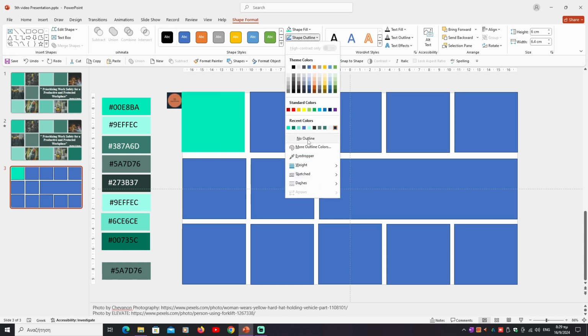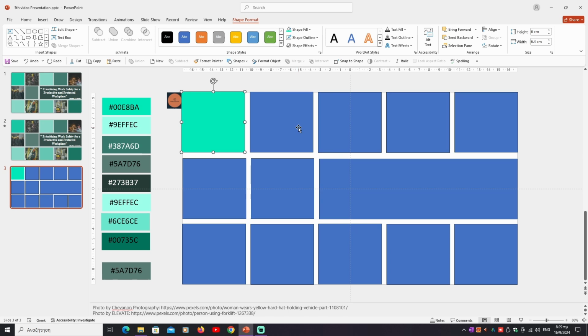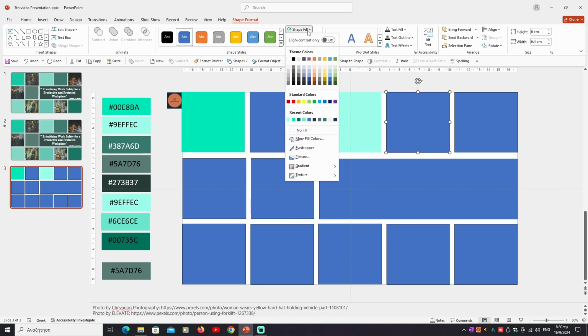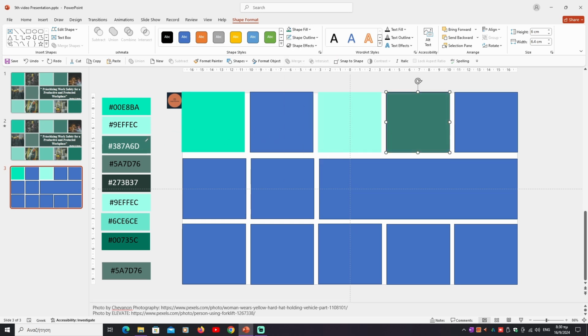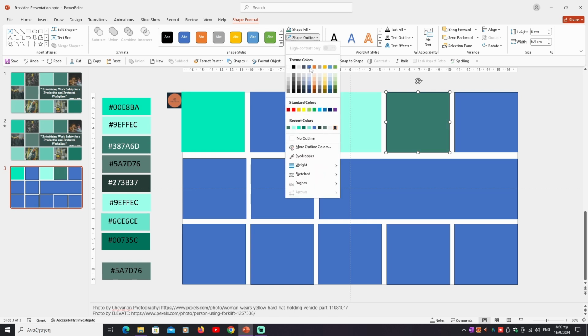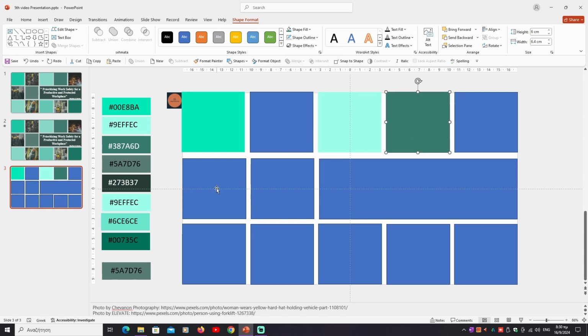Shape Outline, no outline. In the same way, we continue for the rest of the rectangles that we want to color. We go to the third rectangle, Shape Fill, Eyedropper, we choose the color that we want, Shape Outline, no outline. We go to the next rectangle, Shape Fill, Eyedropper, we choose the color that we want outside of the design area, Shape Outline, no outline. And we keep going. Shape Format, Shape Fill, Eyedropper,